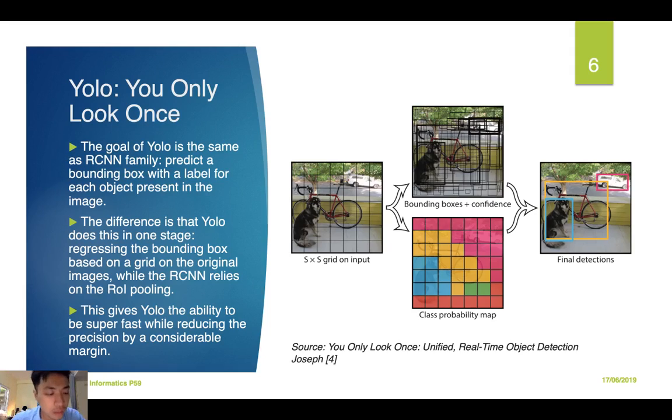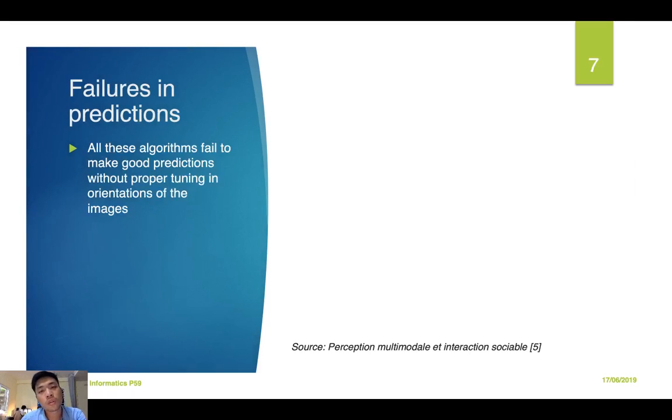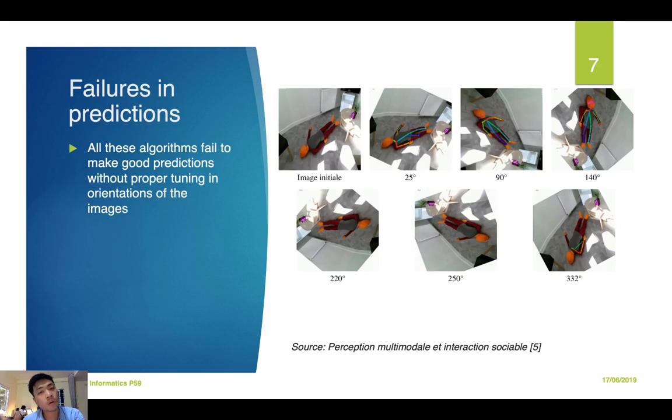It regresses the areas containing the object by using an S by S grid since the beginning, while Mask RCNN does it in 2 phases. The first phase is to pull the areas of interest, and then the second part is to classify that area. Unfortunately, when applying these sorts of obvious solutions to this problem, because this is a sub-problem of the bigger one which has been solved over the years, we have observed bad results.